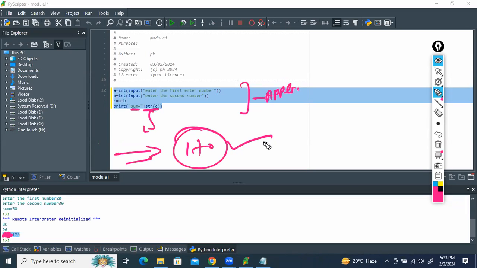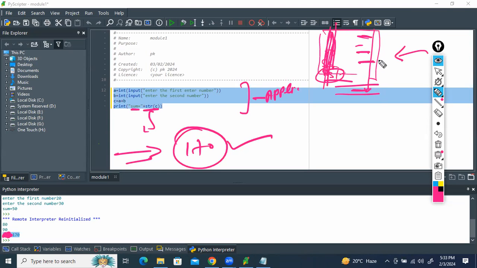Just think about that. If you go to a restaurant, guys, for dinner or lunch, after that you will get a bill. There everything is mentioned. This is the total, this is the CGST, this is the SGST, right? And in the last you will get the total amount, right? So if these messages are not there, you are just getting a total. So the user will be able to understand what is the cost for which item. So that's similar to that. Here